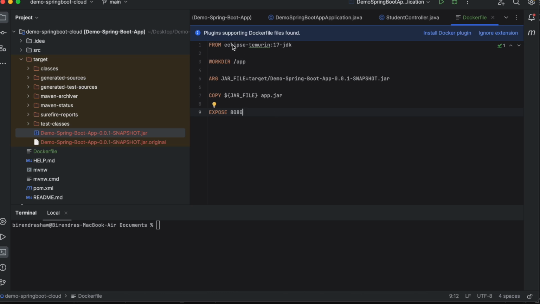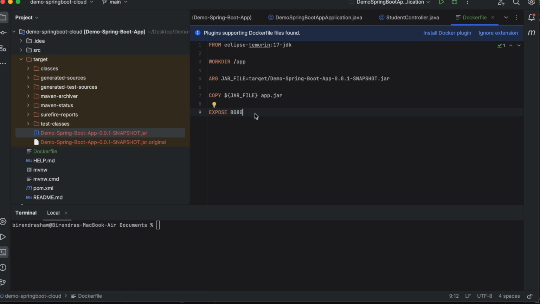That means till now what we did, we just told Docker to fetch the image of JDK 17 from Eclipse Temurin. Then we are telling Docker to create a directory for us, that is app. Then this is the path of our jar that gets generated when the Maven build happens, okay? And this we are keeping in this argument called JAR_FILE. Same we are replacing with this app.jar, right? Hope this is clear. And now we are setting the default Spring Boot endpoint, that is 8080, and then we